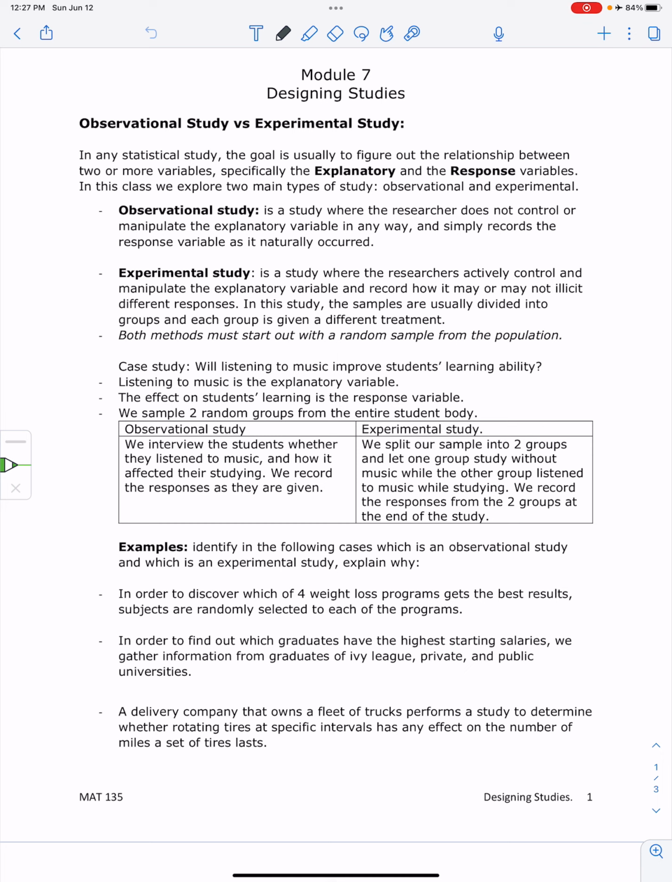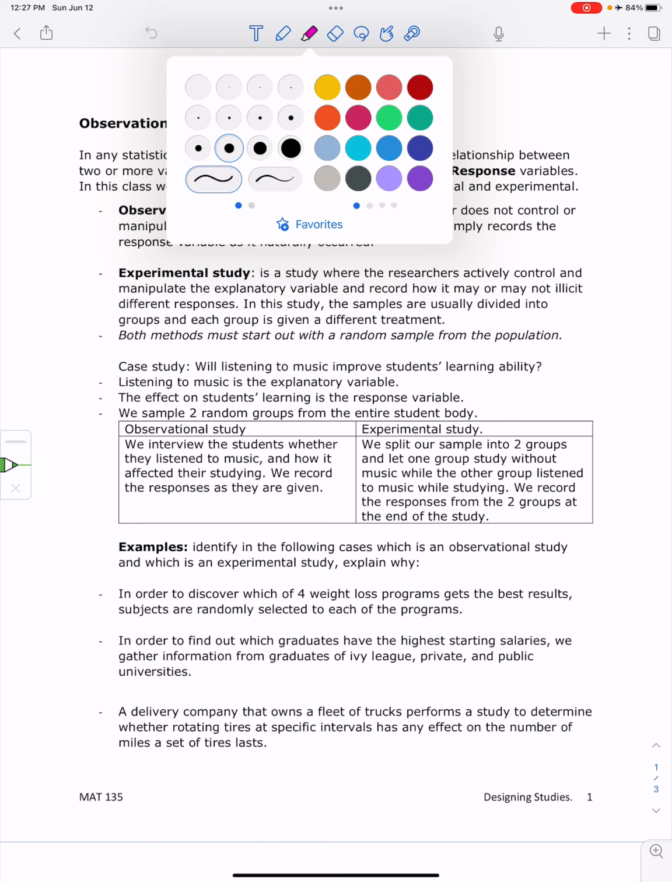We are taking a look at the difference between an observational study, which is where the researcher does not control or manipulate the explanatory variable in any way. So that's where we have a situation, we collect data from the situation and see what we can tell from that. That's different than an experimental study,